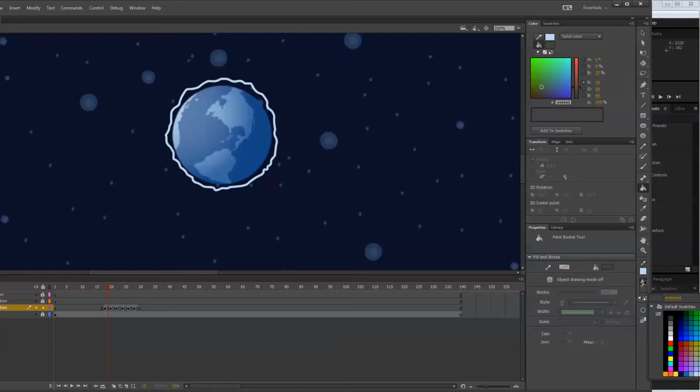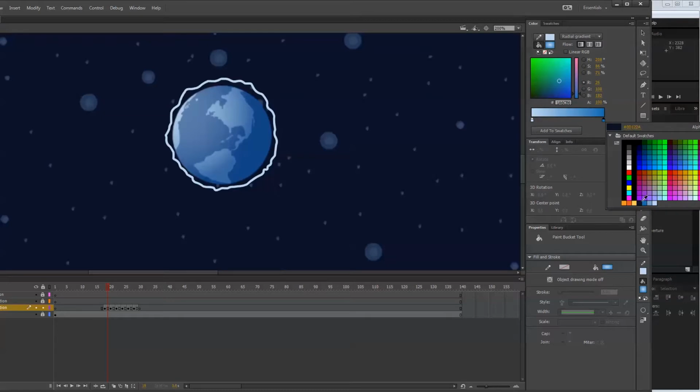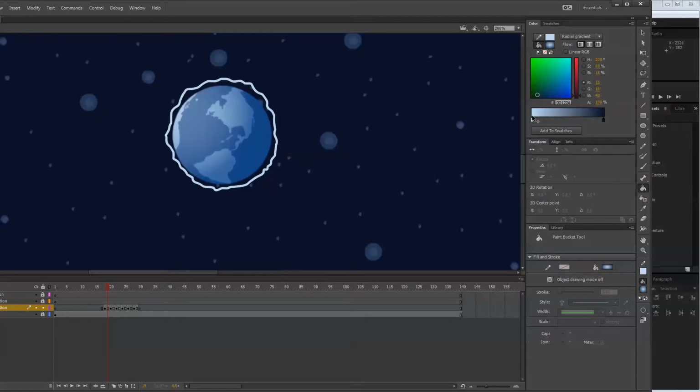So let's go to the fill here, and let's create a new gradient fill. Again, we're using our swatches that we created earlier. And let's go from this very dark blue to this light blue. Maybe not quite that dark. How about we go from this blue to that blue, and then we're going to drag this guy over to the middle, because actually I want the opposite of that. I want the middle to be